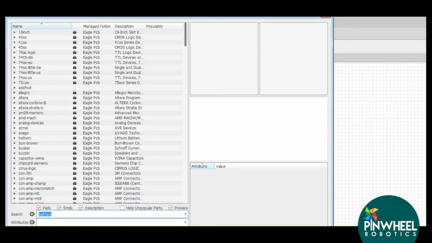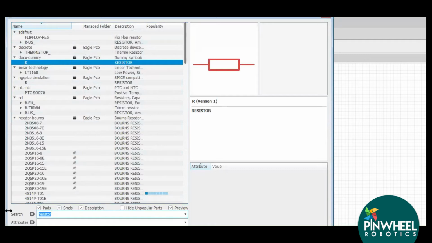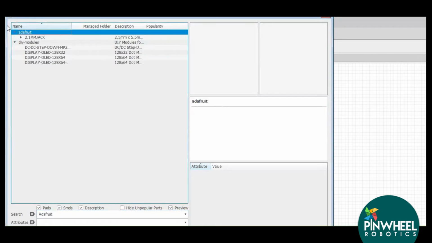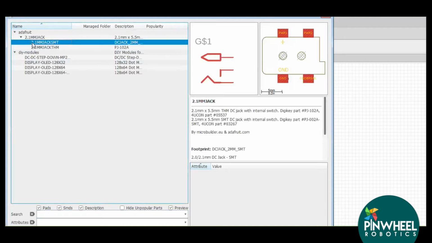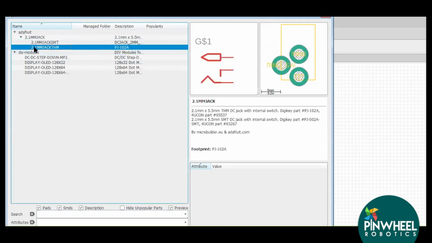So I need a resistor also. For example, I have added the Adafruit library, right? So from here I can add any component. For example, I want to add a switch, so I will add it here. Okay.